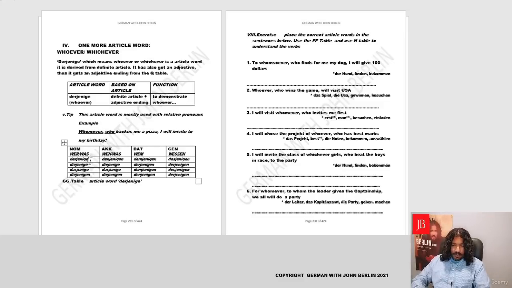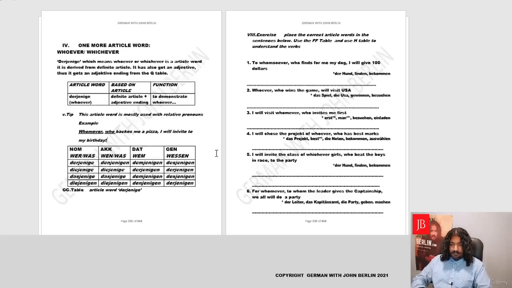Now coming on to our table here, we could make this a little bigger so that people can see it easily. Here you see it's made up of der, die, das, die, den, die, das, die, dem, der, dem, den, and it is accompanied with an adjective, jenig. The endings are like the L-shaped ending. The first three are E, the middle two of accusative are E, the rest are all EN, the L shape. So with that in mind, we could attempt any sentence.